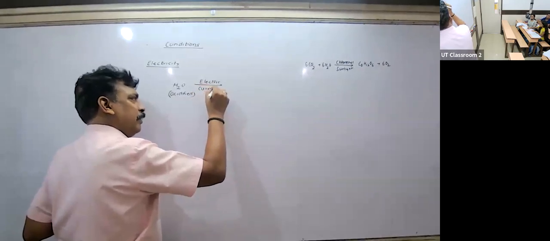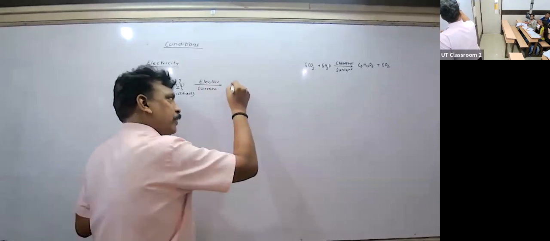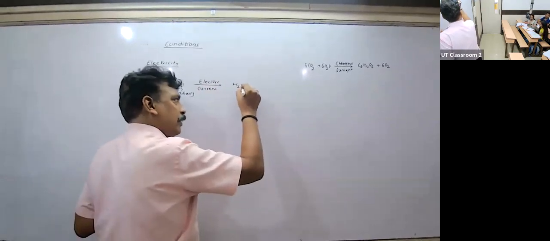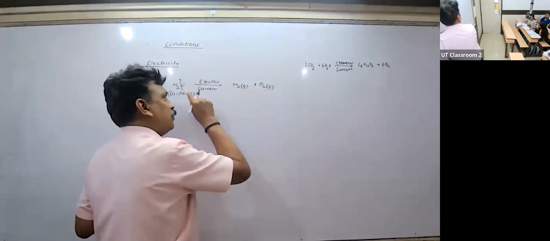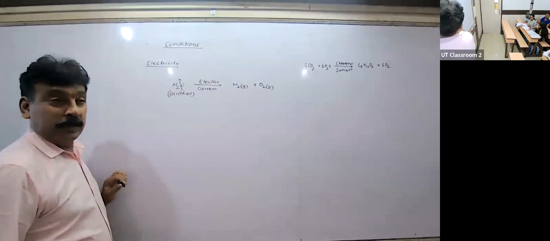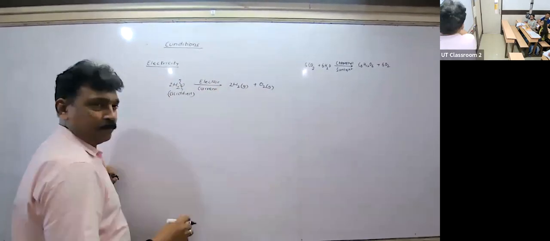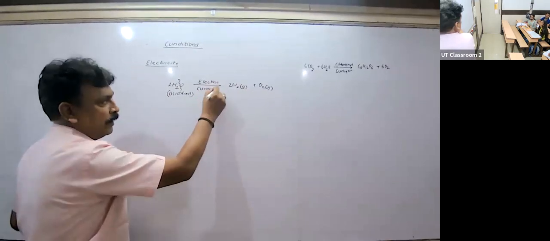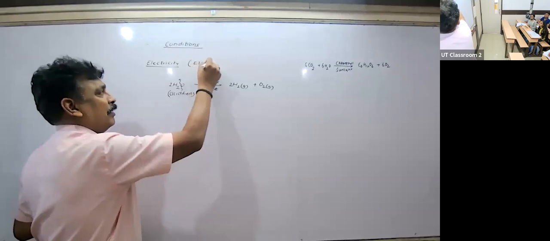Immediately, this hydrogen breaks its bond with what? Oxygen, and you get what? Hydrogen at one of the electrodes and oxygen at the other electrode. The splitting of this water with the help of electricity is nothing but electrolysis. It's called electrolysis. We cannot separate H2O by using heat. Only separation by what? Electric current. This is called electrolysis. Okay.